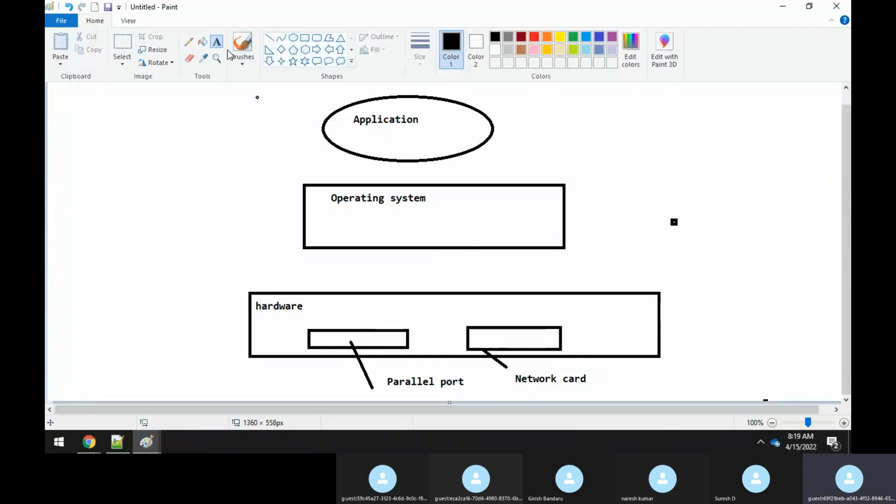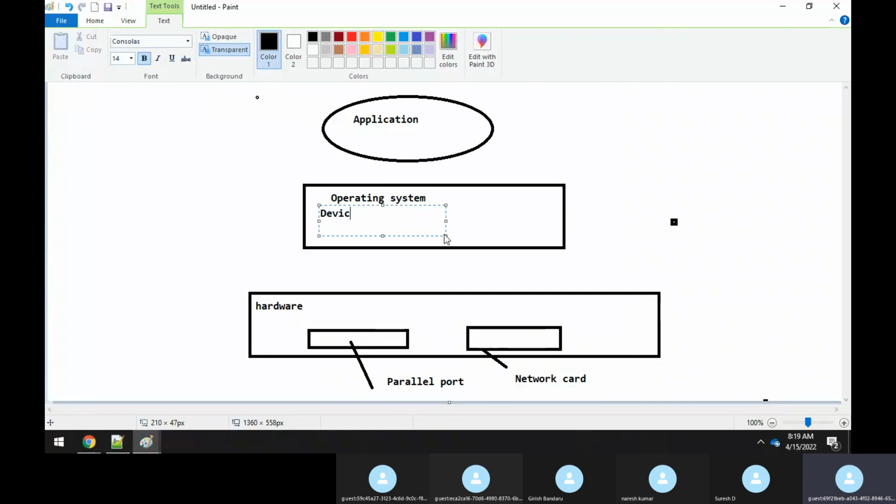How can it communicate? Basically, in an operating system, you have something like device management, right? That is one of the subsystems of the kernel, right? Within the device management, it has the parallel port driver, as well as the network driver. Now what happens?